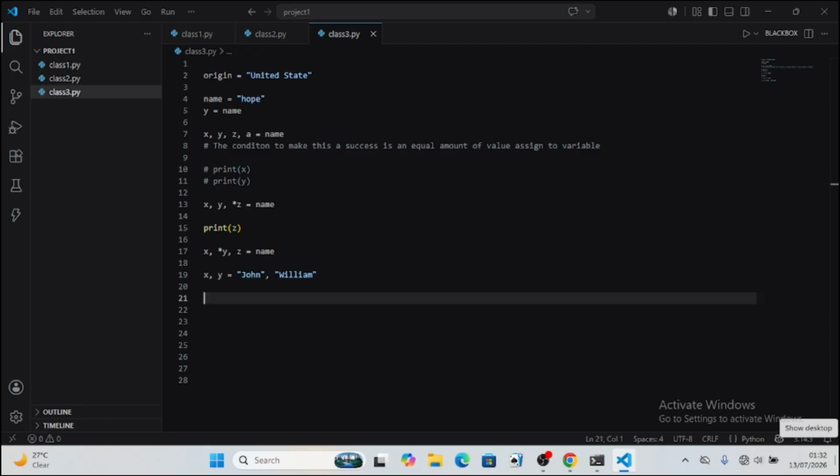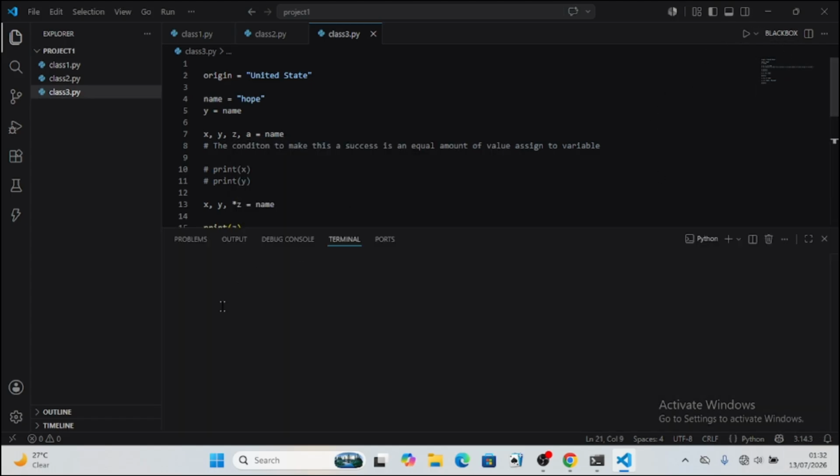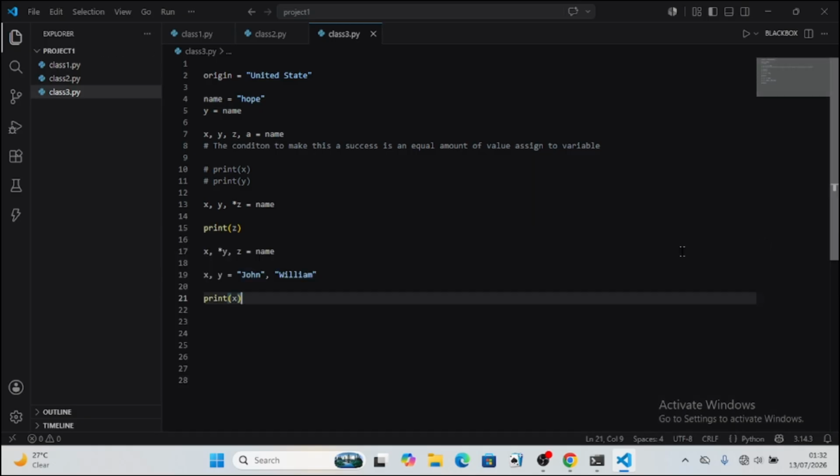Now in this case here, X will be assigned to John and Y will be assigned to Williams. So if you come here and print X here, you would see that X is assigned John, and then your Y will be assigned Williams automatically. So this is another way your item could be